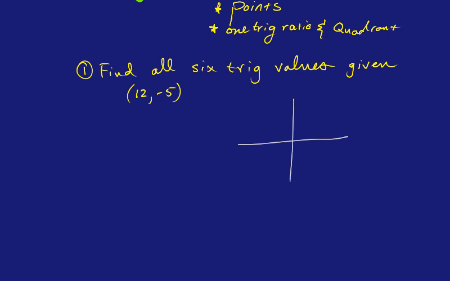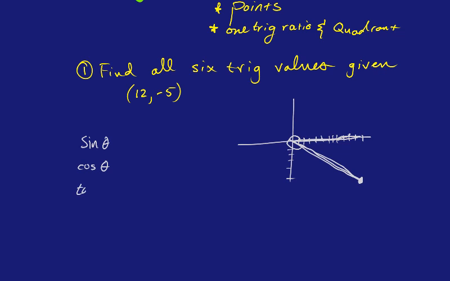That point is in 12, so you'd go 1, 2, 3, 4, 5, 6, 7, 8, all the way over, and let's just assume that that's 12, and down, alright, I'll count it: 1, 2, 3, 4, 5, 6, 7, 8, 9, 10, 11, 12. 12, -5, there's your point. So the angle that you're actually working with is from the initial side all the way around. The point 12, -5 creates that angle in the coordinate plane, and we're going to look for the sine of theta, the cosine of theta,